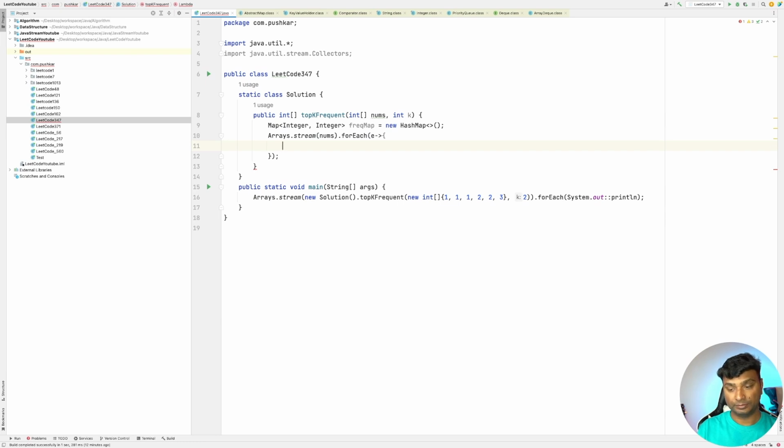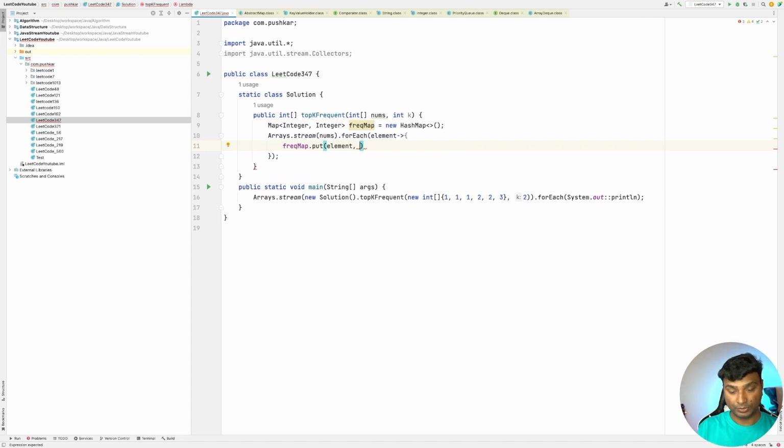Now you can put in the frequency map: frequencyMap dot put, the element, and if it already exists in the frequency map, we'll update its frequency by 1. If it doesn't, then we'll store 1.